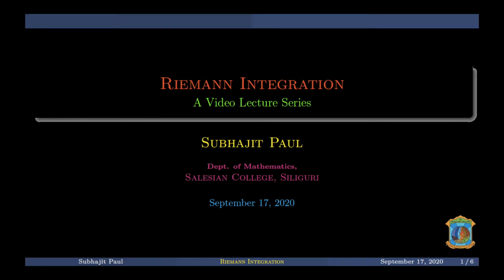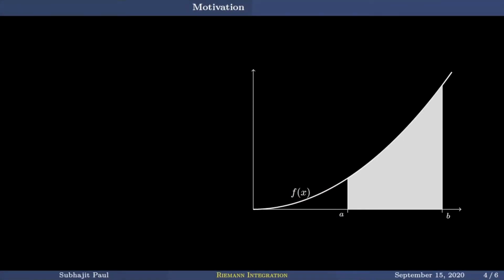This is the second lecture continuing the motivation on Riemann integration. In the last class, we saw how Archimedes applied the technique to find out the area of a circle. Today, we will apply the technique to find the area under a curve. Let us try to apply the same technique to find the area under a given curve and bounded between two